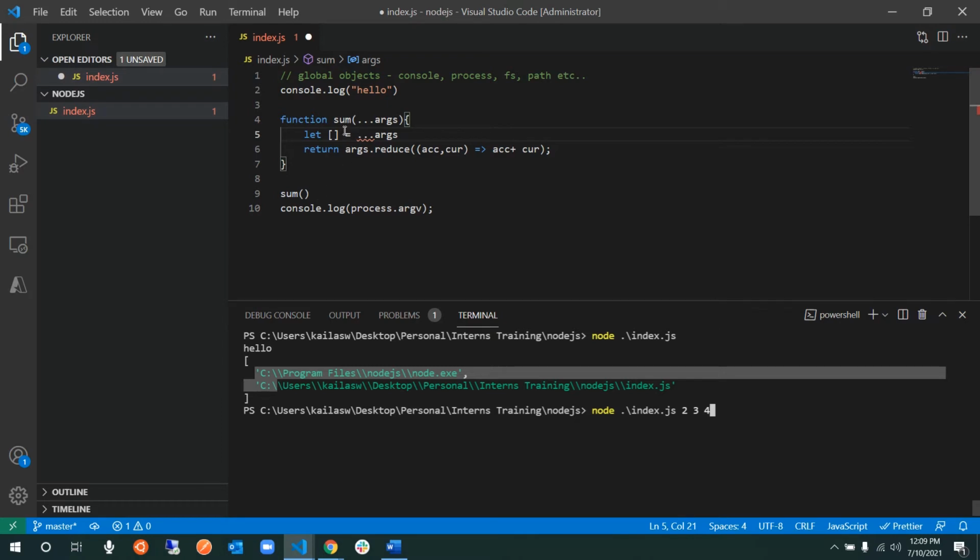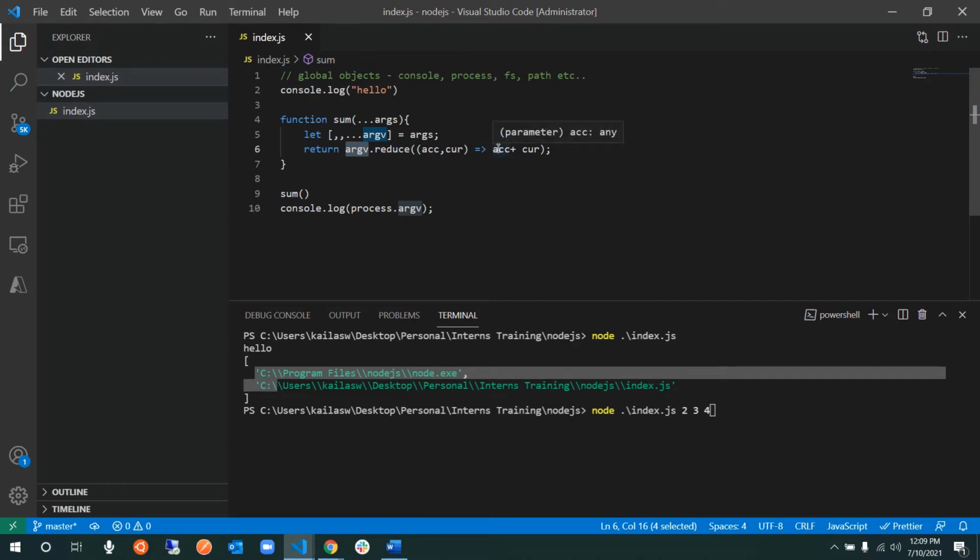So I should skip the first two and use argv. Now I'm getting these arguments, skipping the first two, and only taking the third things, by spreading them. So now I've got all those argv things.